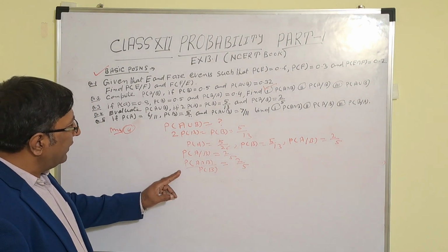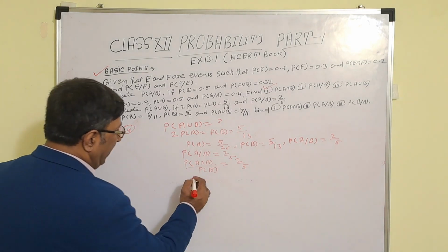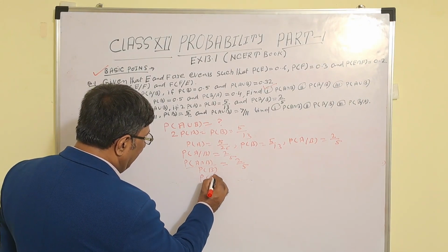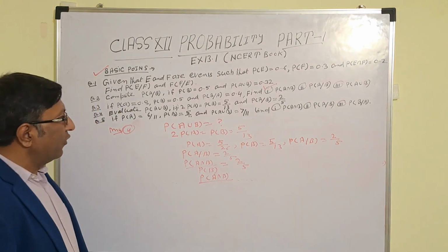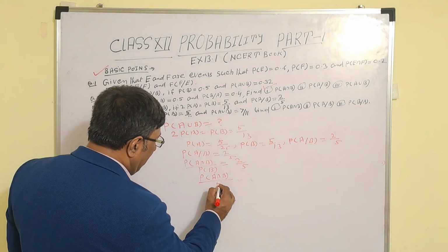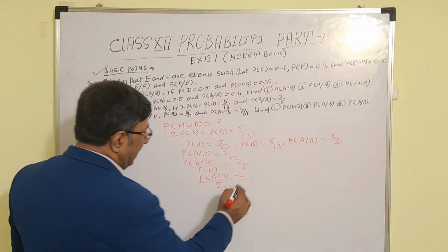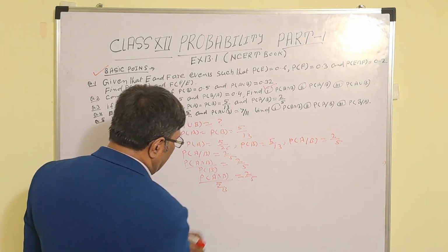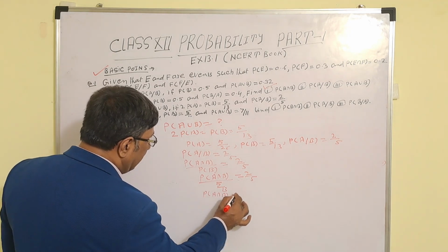So probability of A intersection B we have to find. Probability of B is 5 by 13, so this is 5 upon 13, and this equals the given 2 by 5. So probability of A intersection B